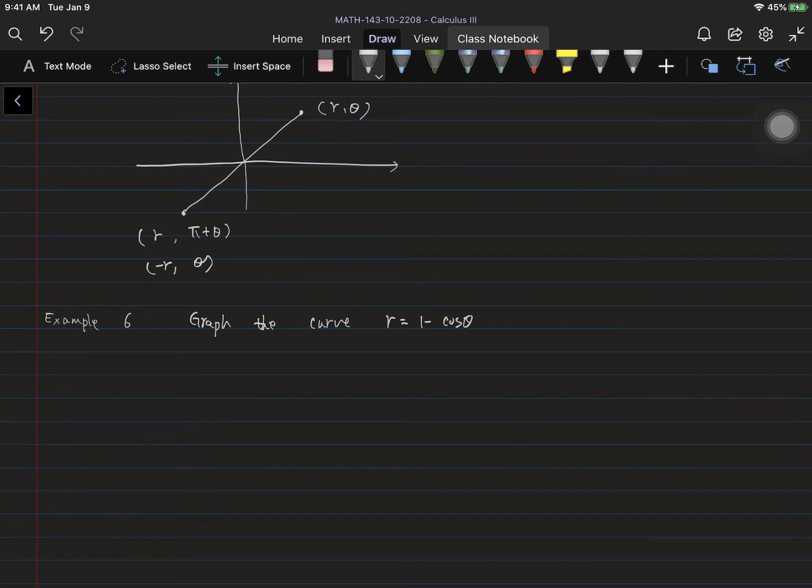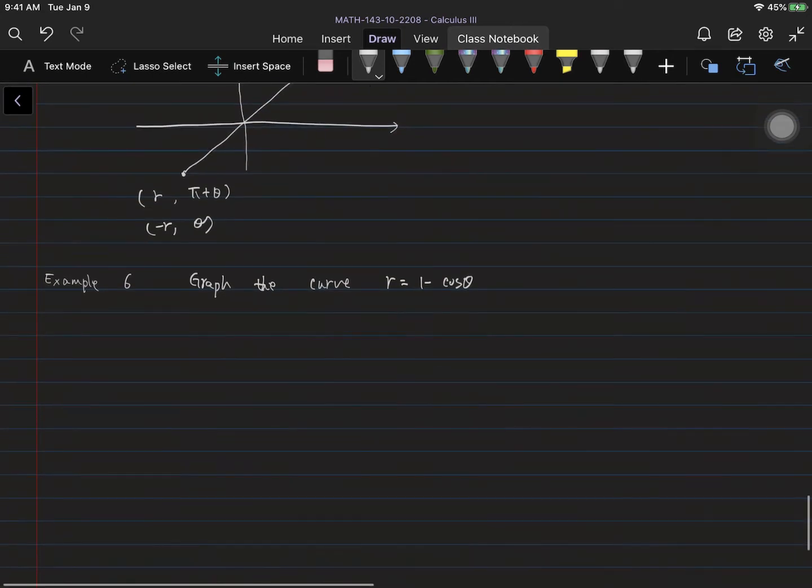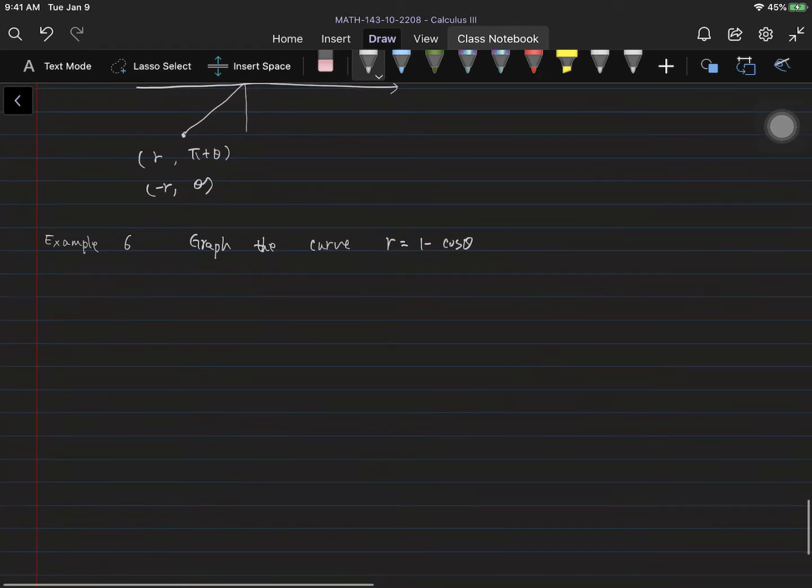We are going to plot the points. We are going to give some special values to theta and then find r. In that case, we can get several pairs (r, theta), and we connect those points and get the graph. Okay, but firstly, we want to see what the symmetry